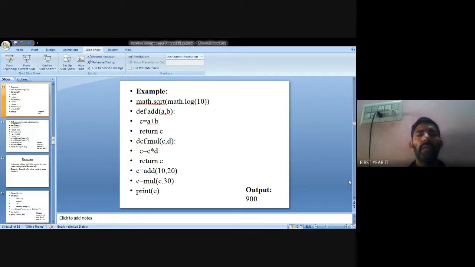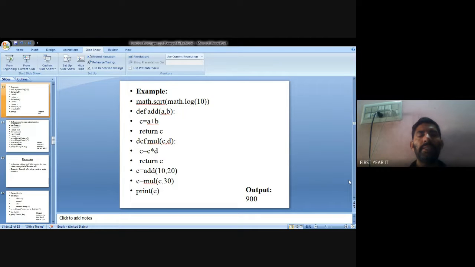So c = c * d, return c. After that, c = add(10, 20), then c = multiply(c, 30). After that, print the result, finally getting the results.